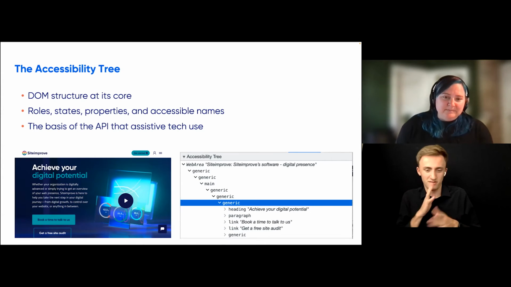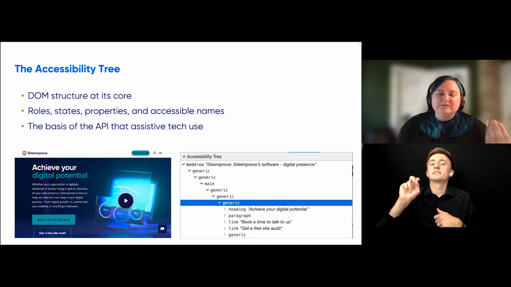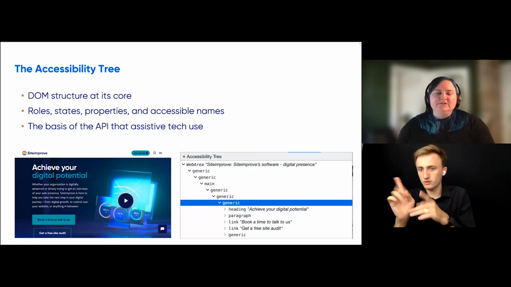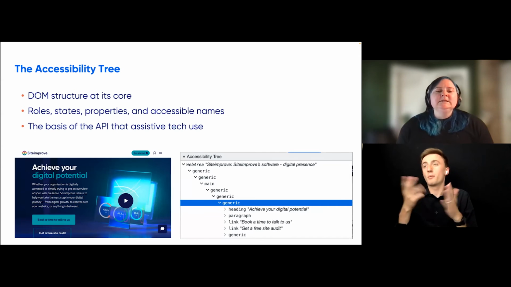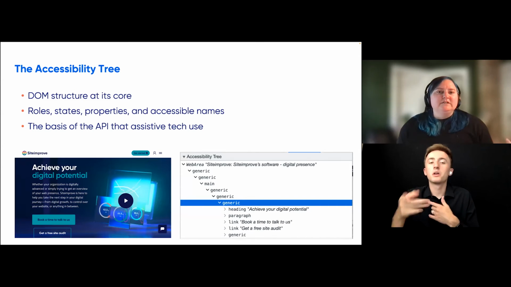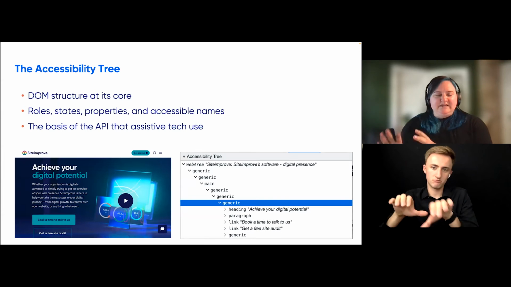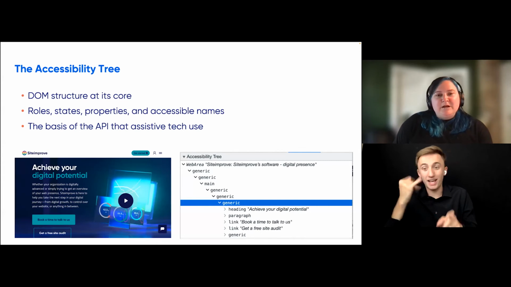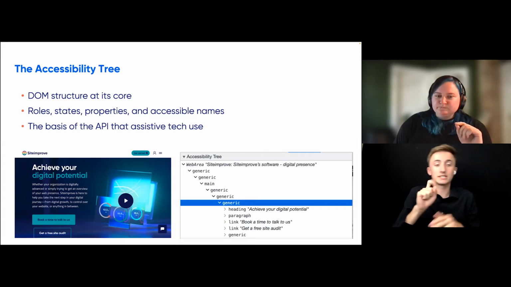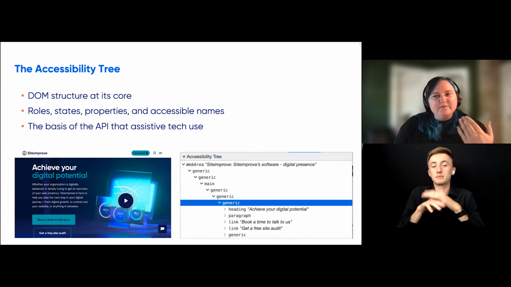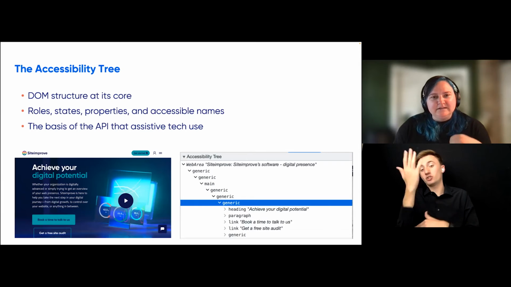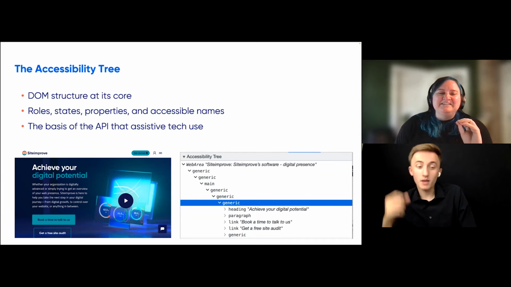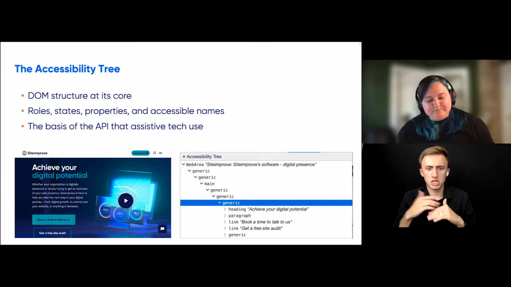So I can get a snapshot in this accessibility tree of exactly what's going to be transferred to that assistive tech. And that assistive tech, depending on what brand you're using, depending on what tool it is, will interpret that however it does. That's out of our control. That device is going to do what it does with this information. But if I make sure all my roles, states, and properties, accessible names, etc., are showing up correctly in the accessibility tree, I have a pretty high level of confidence everything's going to go correctly. Still not 100%, but it's at least the best I can do with my development tools, right?